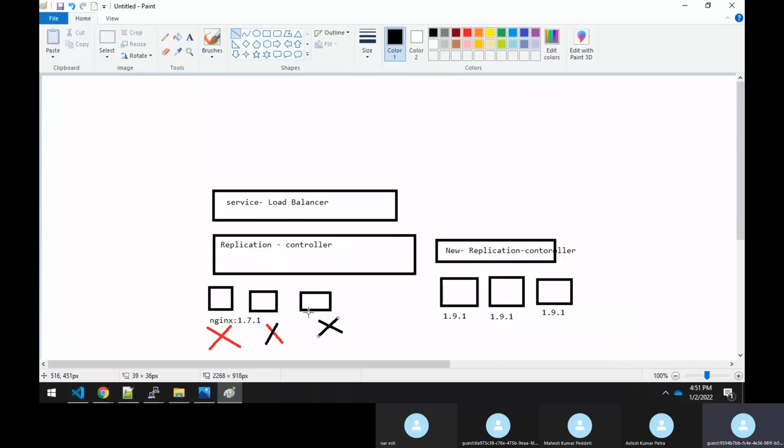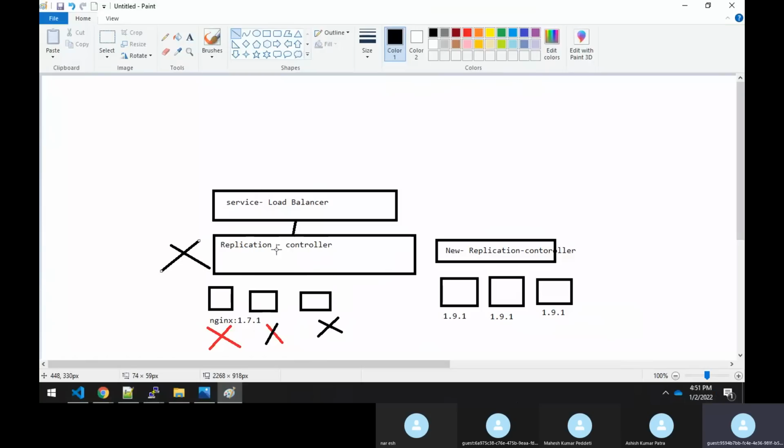So once all three pods are removed, there is no pod at all. Once all the pods are deleted, Kubernetes will try to remove the old replication controller. The service is bound to this replication controller, because whenever traffic comes from the outside world, whoever the customer or client is, they come through the service.